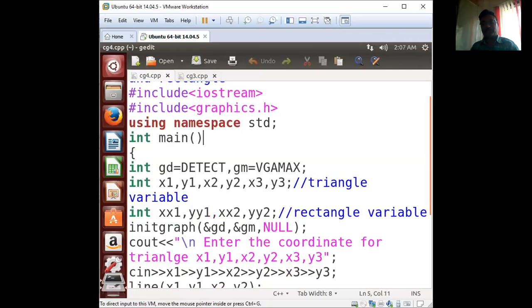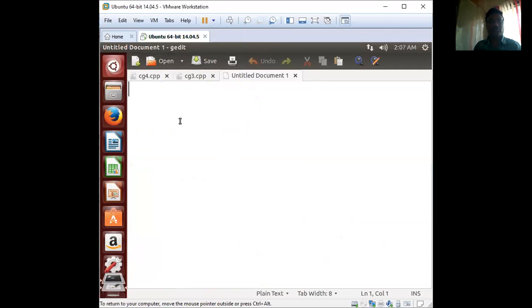Now you have to execute this program in Ubuntu at your home. Again, I am explaining in 2 minutes how you are going to use the Ubuntu operating system and install it on your machine. For this, you have to download Ubuntu 64-bit 14.04.5.